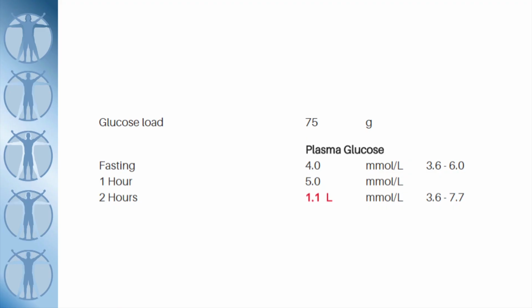So why is that? So something I see not infrequently in my patients is something called reactive hypoglycemia. So you'd think that if you stuffed 75 grams of glucose into the circulation, that your sugar should be high and should stay high. But not in everybody. In this individual, you can see they overshot. They released insulin, and that insulin overcorrected the sugar that was put in, so at the 2 hour mark, they were left with a blood glucose level of 1.1.